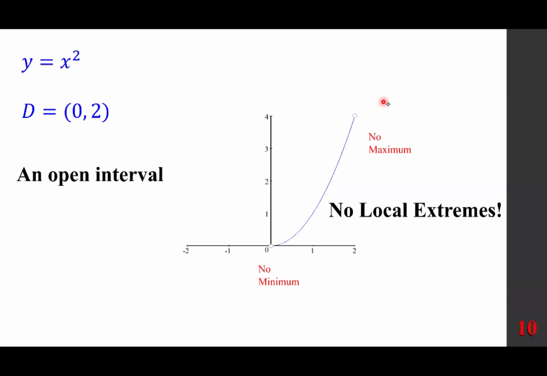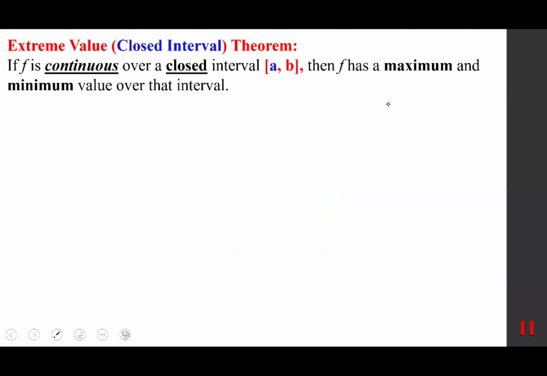We looked at those so we can discuss the extreme value or closed interval theorem, everybody. The extreme value or closed interval theorem says if f is continuous over a closed interval a to b, then f has a maximum and minimum value over that interval. So there are two things that we need to pay attention to. Number one, it has to be continuous. Number two, we're discussing a closed interval, in which case, when we look at this example,